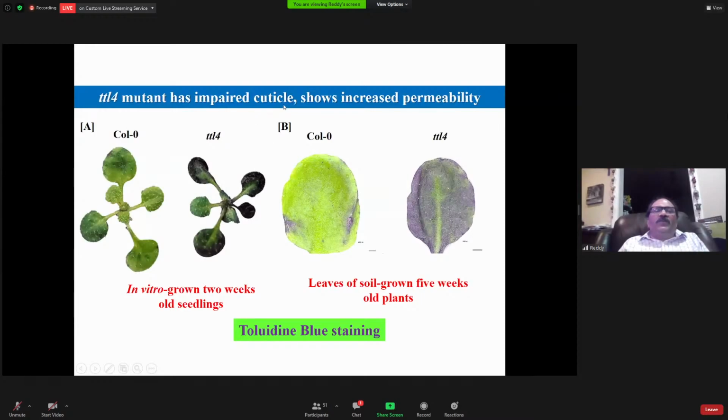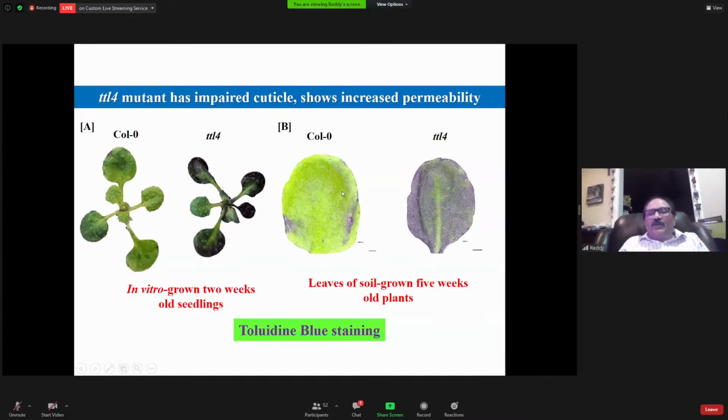And we identified it has impaired cuticle. Cuticle is like wax-like substance all over the plant, and that deters insects as well as it provides drought resistance. Water will not transpire if it is densely coated with wax or cutin. You see, when the cutin is impaired because of this gene, it's not only trichome, but the cuticle is also affected. So this blue stain you are seeing, that is toluidine blue staining, that shows up blue if there is impaired cuticle. Cuticle is kind of dysfunctional.